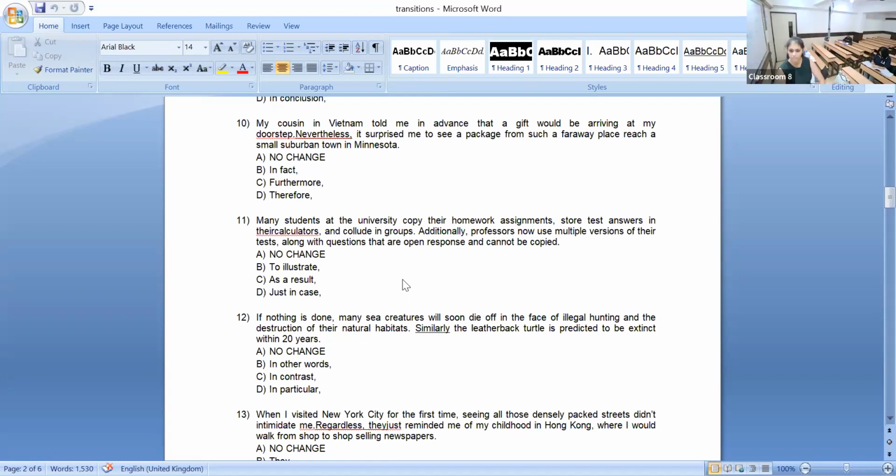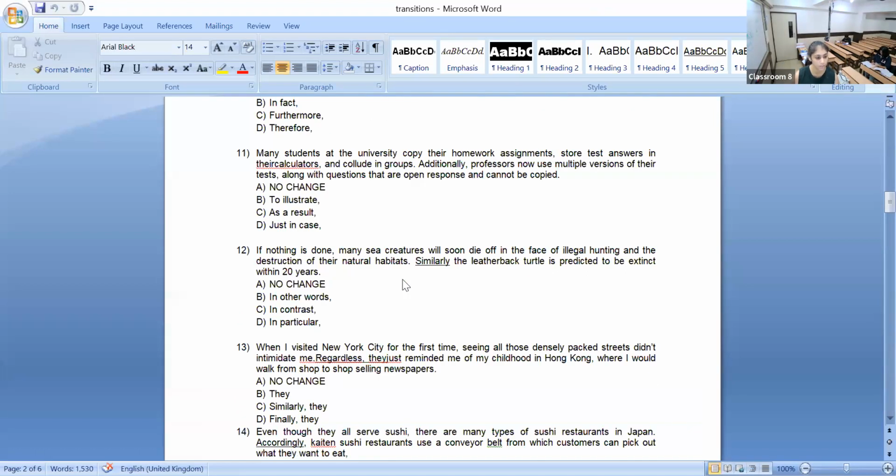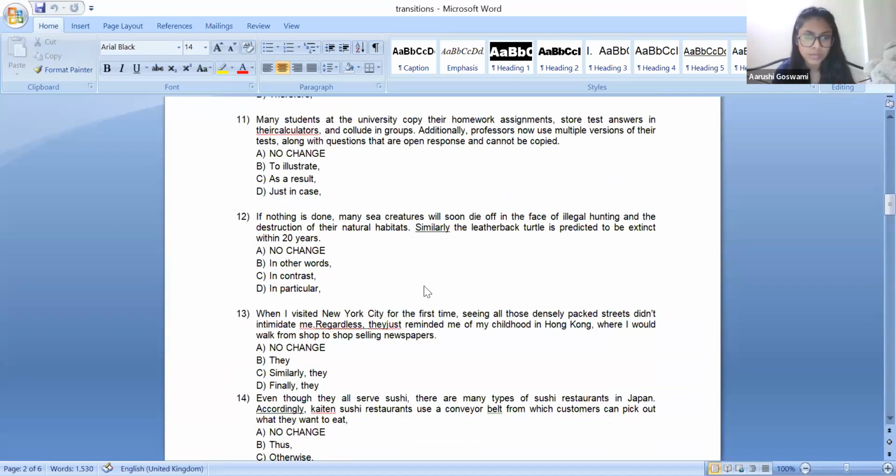Can I scroll down? Ma'am, in the 11th question, the word is not underlined. I'll check it. Ma'am, additionally should be underlined. Many students of the university copy their notes and